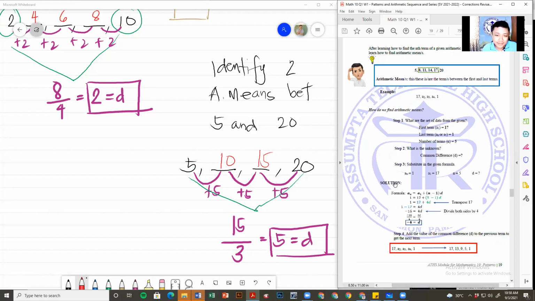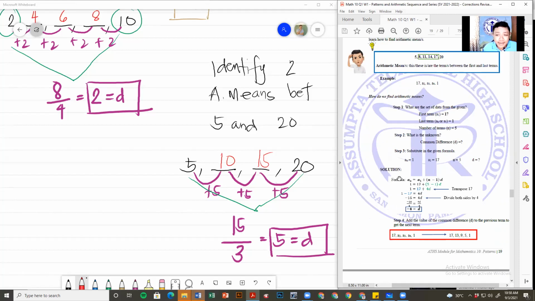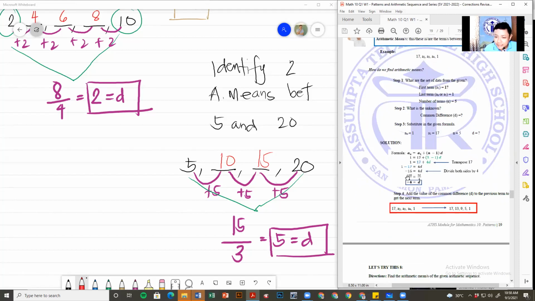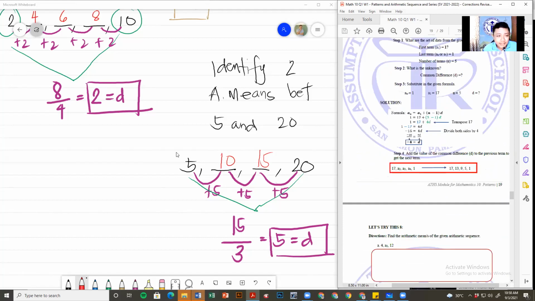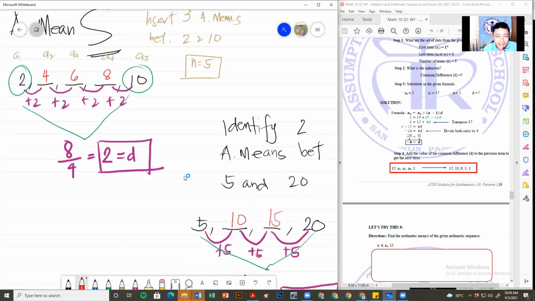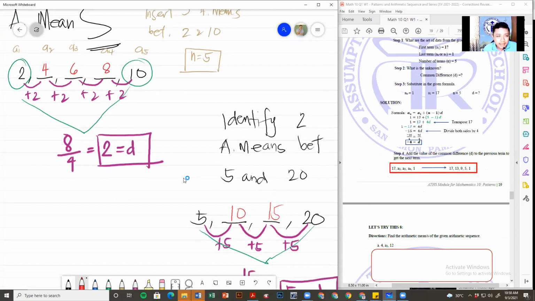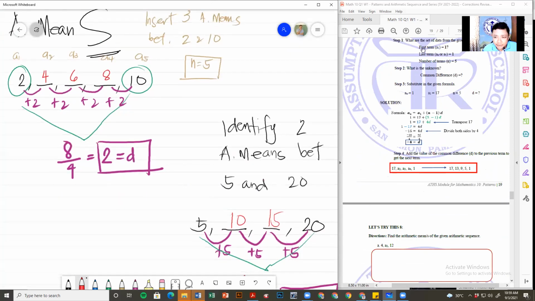There are other ways to do it. And that's what I taught you just now. So you are not refrained from learning this process. If you still want to follow this, it's okay. But if you find this one a lot better, it's also not a problem. Or if I will give you the chance to decide, because for sure, many of you already have learned the process in your